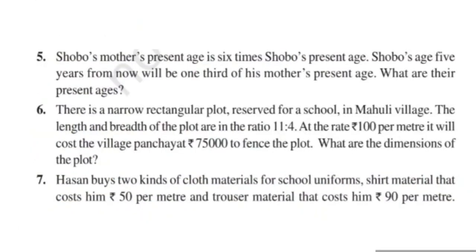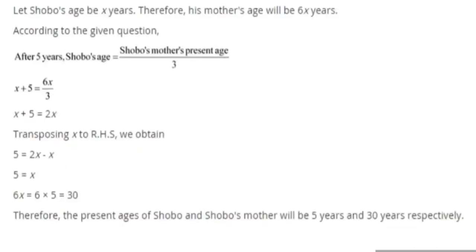Now let's see question number 5. Shobo's mother's present age is 6 times Shobo's present age. Shobo's age 5 years from now will be 1/3 of his mother's present age. What are their present ages? Let's see the solution. Let Shobo's